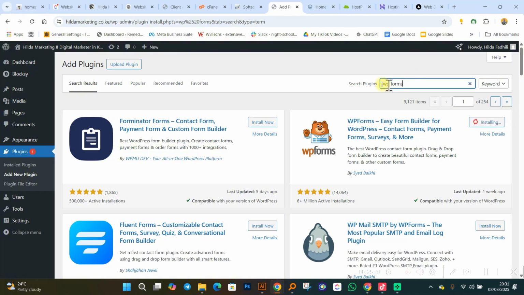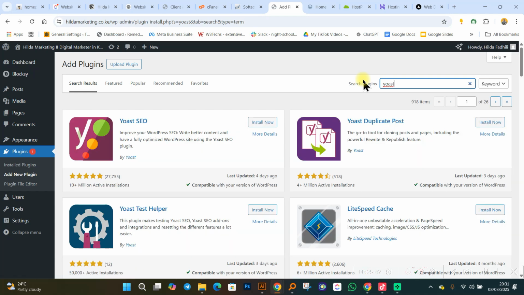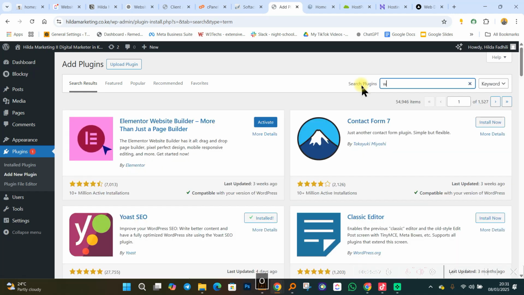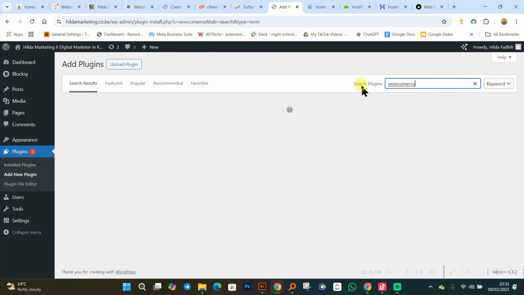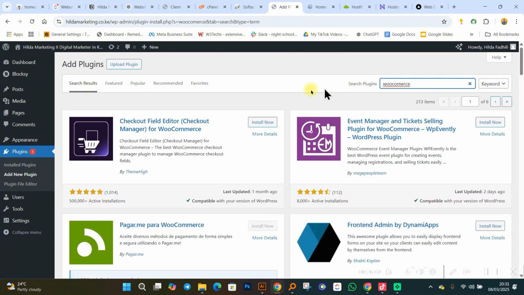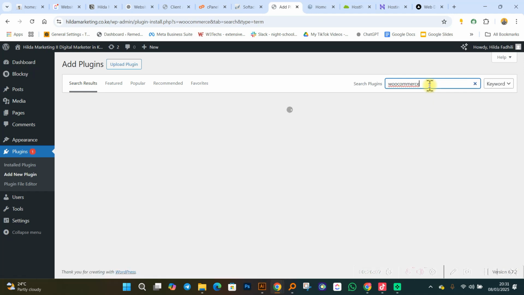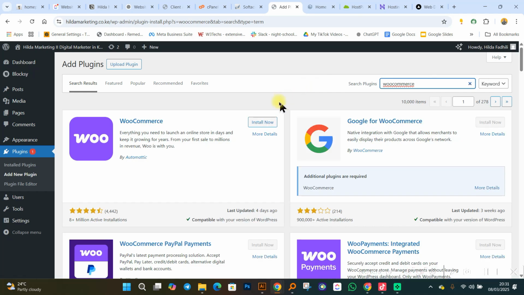Again, I can decide that I want to do some SEO on my website. I need a plugin that can help me with SEO, which is called Yoast. Yoast is a very good plugin. So I'm just going to click on install. At the same time, I can decide that I probably want to sell ebooks. There's a plugin called WooCommerce. WooCommerce allows you to sell products, sell goods in your WordPress website. So let me search for WooCommerce and see what we actually get. So this is WooCommerce. I can install it very easily.